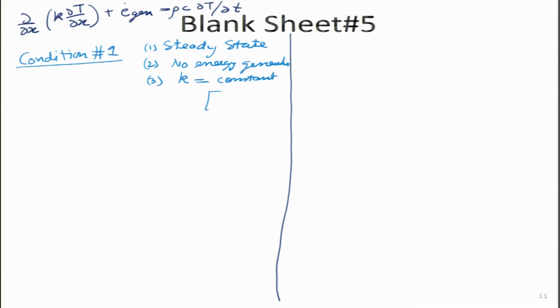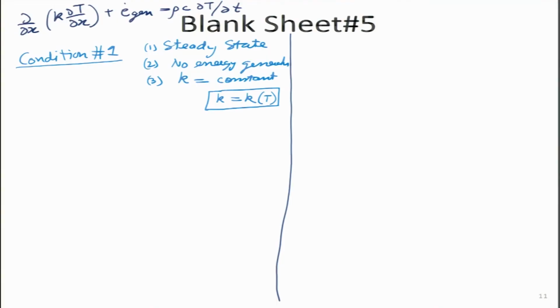In real life, thermal conductivity can be a function of many things, amongst them most predominantly temperature. For instance, if the temperature of copper or water or wood changes, then its thermal conductivity definitely changes. So, in order to make our life simple and to consider the first case, we are going to make these three assumptions. Now, let us see that for the plane wall case, if I take this top equation and apply these three conditions, what equation will I get?